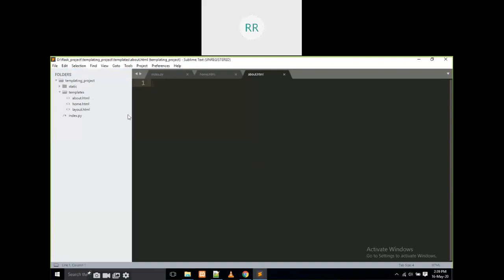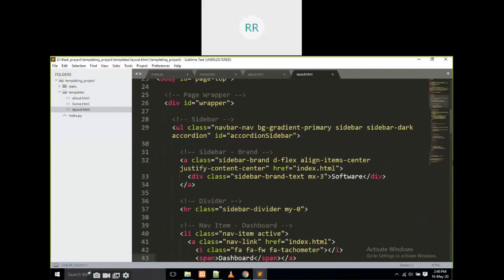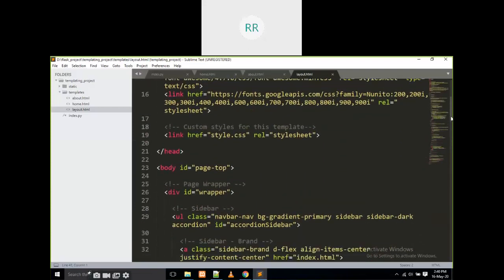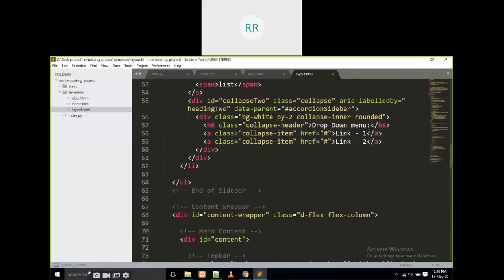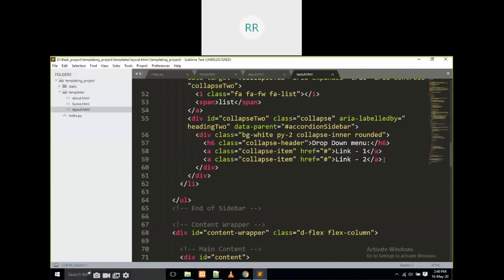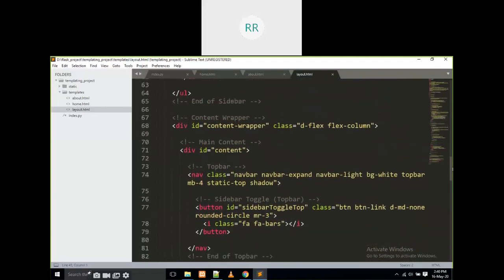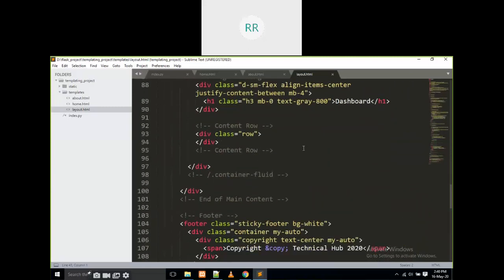Now in the layout.html, if you observe here, these are the menu links and everything. This is the row content open and close.